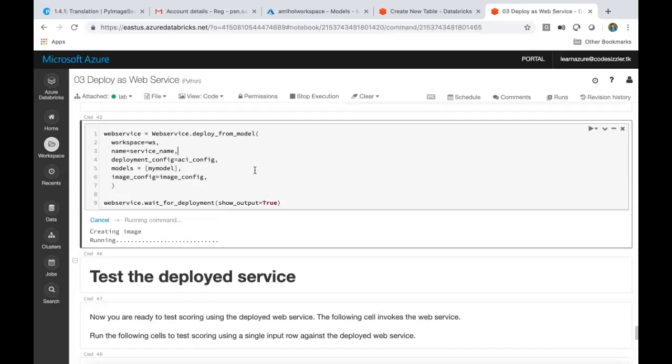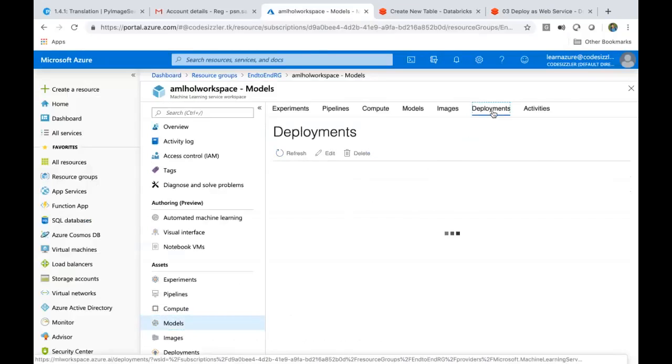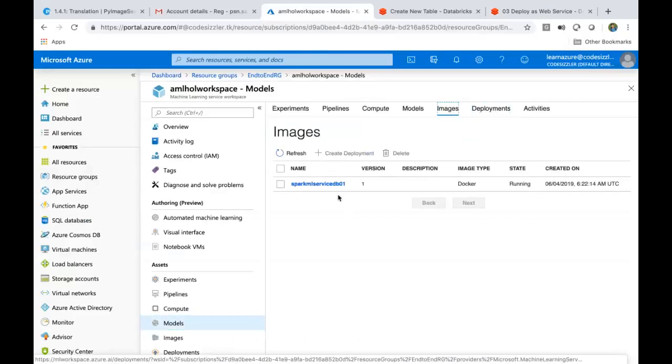If it's real-time streaming, then we don't go with data factory. We go with Event Hubs or IoT Hubs, or let's say the database itself, and get the result from there. We can define the jobs here. Also we can define which model you want. Let's say we have 3-4 models here. We can define which model is mapped to which image and deployment version. You can just see here, we have an image, right? Now I can say that I want to use this image or I can use any other image.